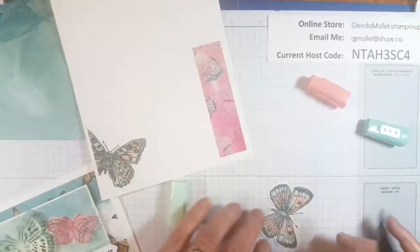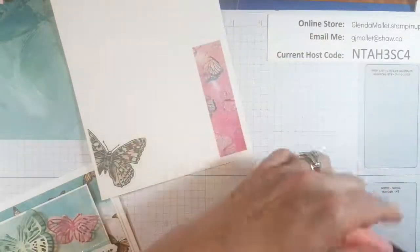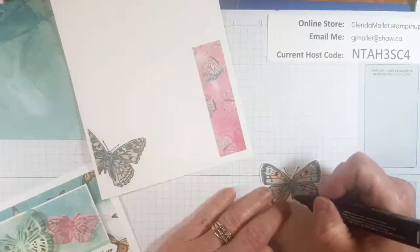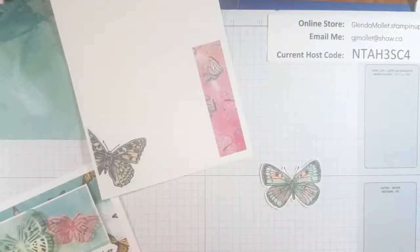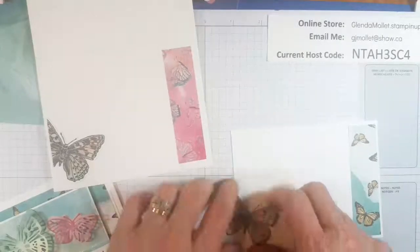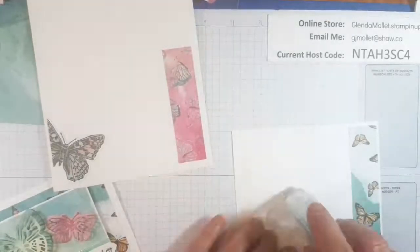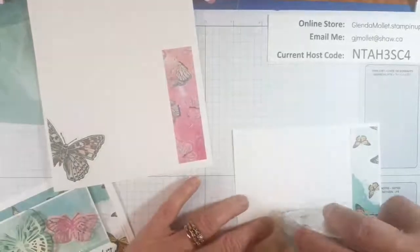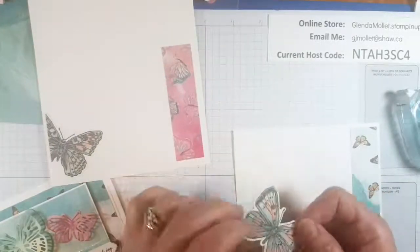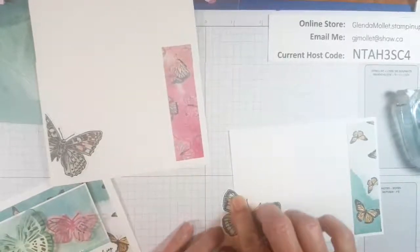There we are. Okay, put the lids on these. And get the light smoky slate for the body. Ta-da! Alright, so what I did was I put it on here flat, like that, and then I just trimmed that off. So we'll put some stamp and seal on there. I'm trying to get it so that it's not going to come up. All right. Put that right about there. And just take my...